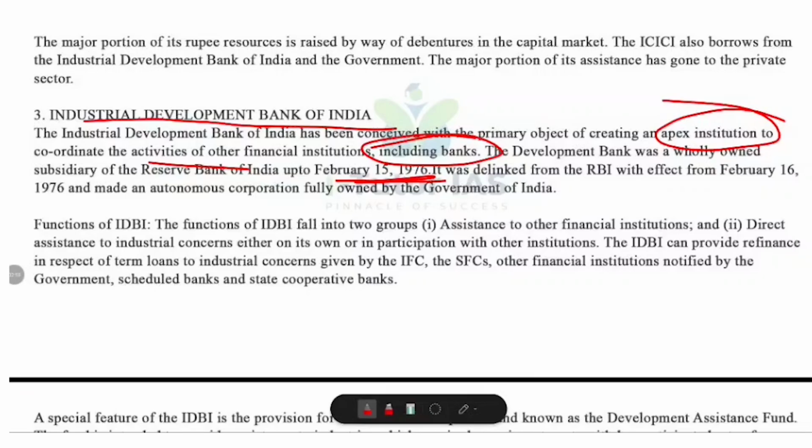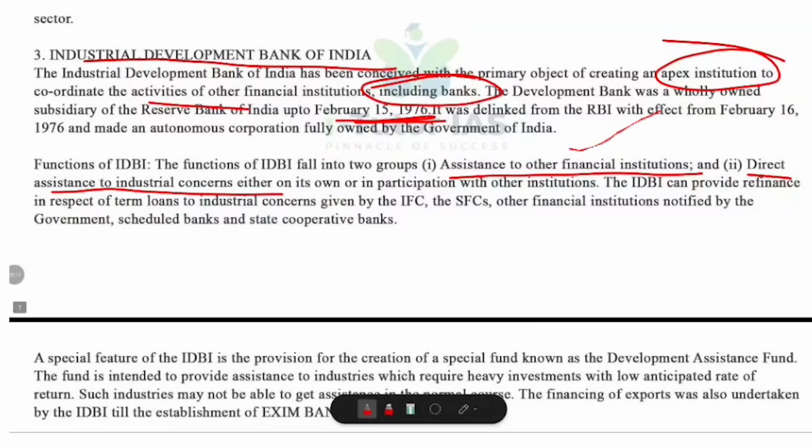Now, let's talk about its functions. The functions of IDBI are grouped into two main categories. What are they? Assistance to other financial institutions and direct assistance to industrial concerns. So, under the first function, IDBI provides refinance facilities. That means if institutions like the IFC, state financial corporations, that is SFCs, scheduled banks, or even state cooperative banks